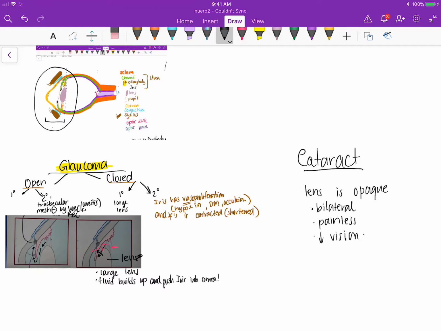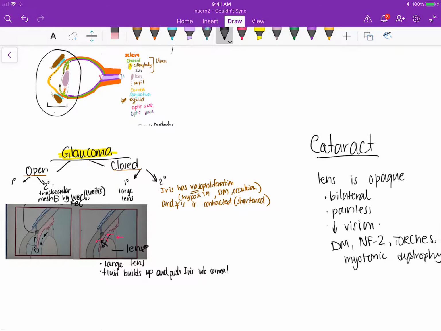Risk factors can obviously be diabetes, neurofibromatosis 2, TORCH infections, of course, myotonic dystrophy. So these are the main highlights for the anterior portion of